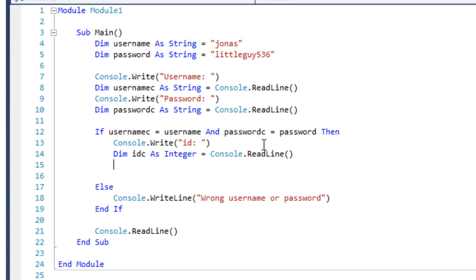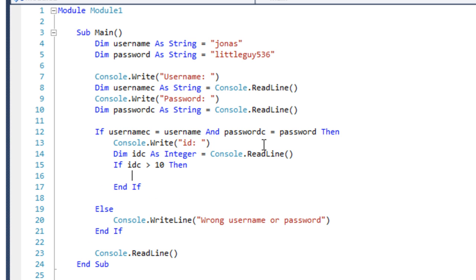And then in here, this is nesting if statements, we can do if idC is equal to, let's just do a number, let's say 10, or is more than 10, then do whatever's in here, which would be Console.WriteLine your ID is